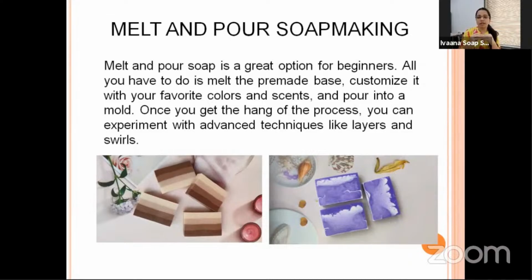These are soap made from scratch. Hot process is also something similar, but melt and pour soap making is actually a very good option for beginners. What is done is you get a pre-made soap base. You just have to melt the base, add your colors and fragrances and other ingredients. Please make sure these ingredients are only dry ingredients, and then you have to pour it in silicone molds